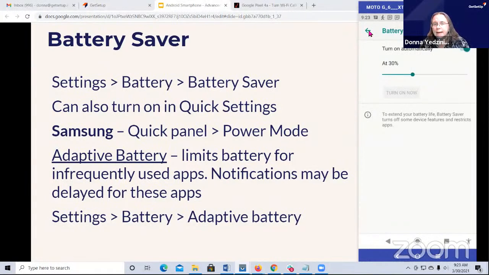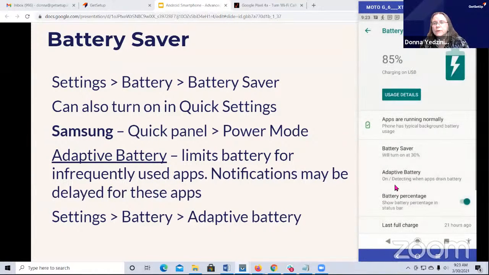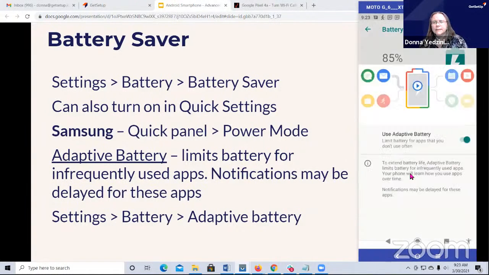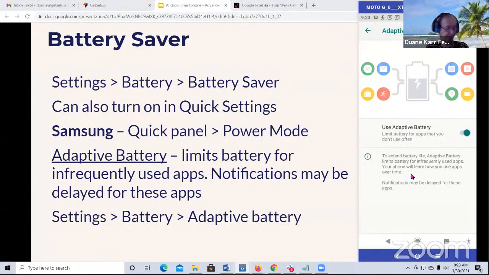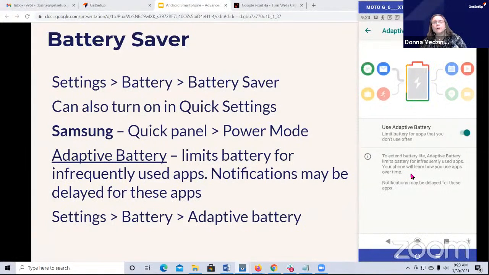You may see an adaptive battery feature also on your phone. This is kind of a new setting, fairly new. It's been a few years. If you see adaptive battery, does anybody have adaptive battery on their phone? Yes. Okay. I would try that one first, because what this will do is it's going to learn